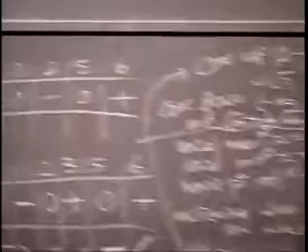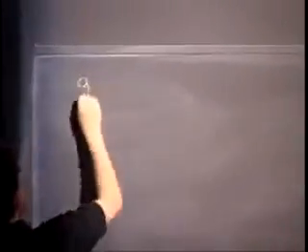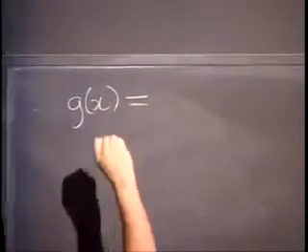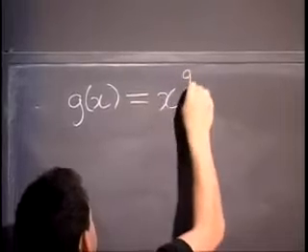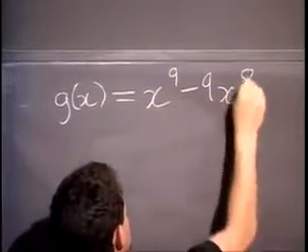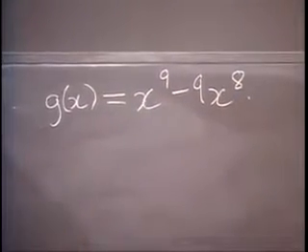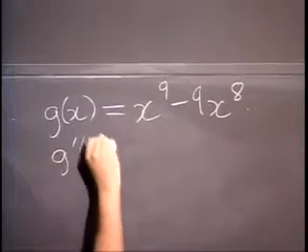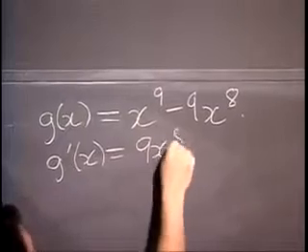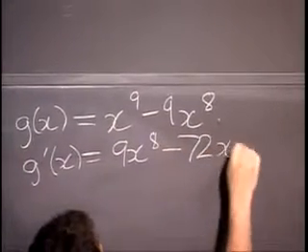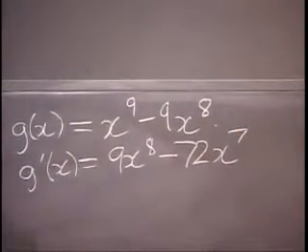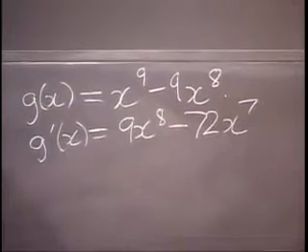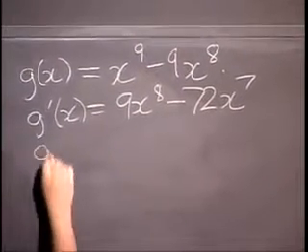So before I do the method, as I said, let's just consider g of x is x to the 9th minus 9x to the 8th. Now I don't propose to sketch this curve. I kind of want to leave it up to you, but I do want to show you how the second derivative table of signs works. If I take one derivative, I find I get 9x to the 8th minus 72x to the 7th. If I take another one,